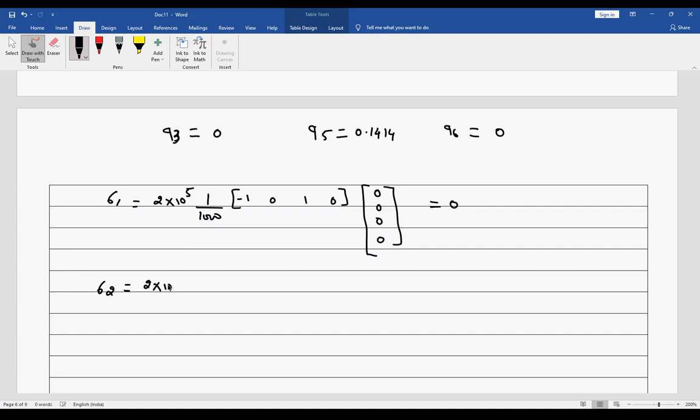Sigma 2, 2 into 10 to the power 5, 1 upon 1000, 0 minus 1 0 1, and I have Q3 0, Q4 0, Q5 0.1416, and I have Q6 also 0. Okay, I have the Q6 also 0, but why Q6 is coming 0, I don't know.